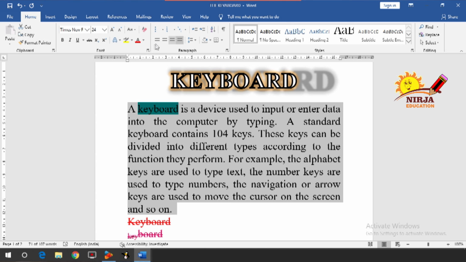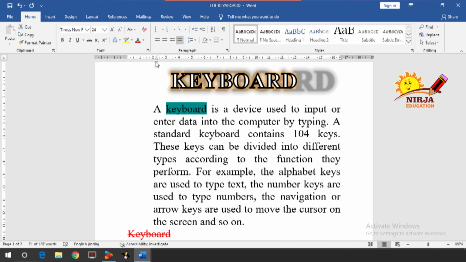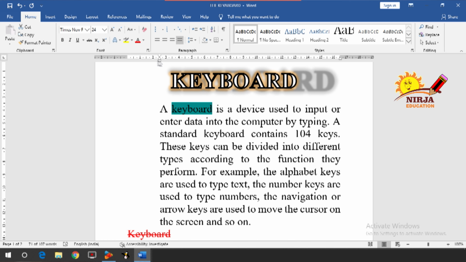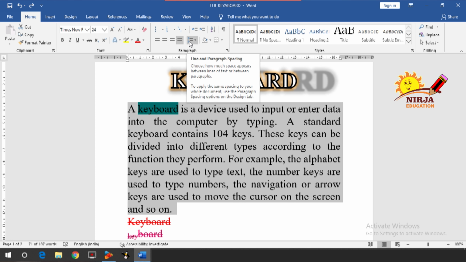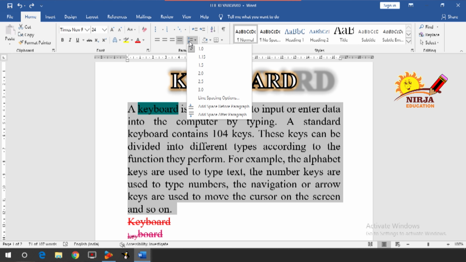This kind of work you can do with the help of a ruler as well. From here, you can decrease and increase. Next is your line and paragraph spacing. As you can see here, 1, 1.15 till 3, and then many more options are there.